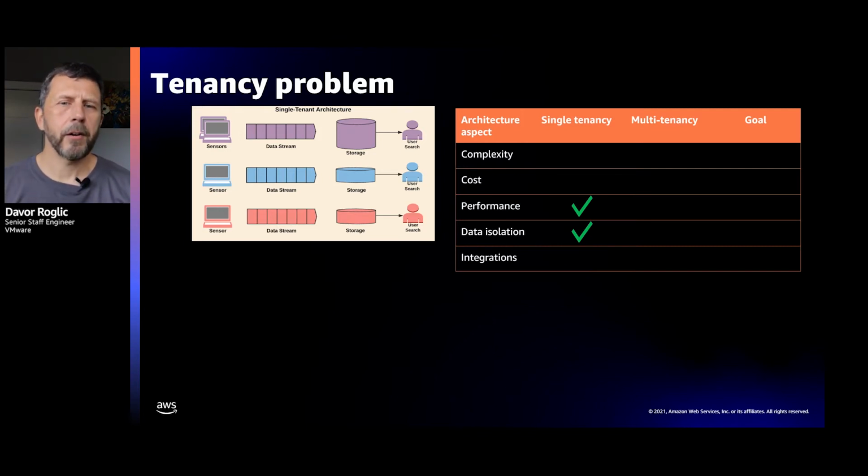The downsides are related to the complexity of the solution. Now you have to manage thousands of individual instances of the architecture. It's, you could say, an operational nightmare. Even without added operational cost, there is no resource balancing and sharing, so your final hosting cost will typically be much higher due to over-provisioning. And finally, if you have to do any kind of integrations with your solution, you will have to plug into each individual API, and there is no way to do cross-tenant searches.